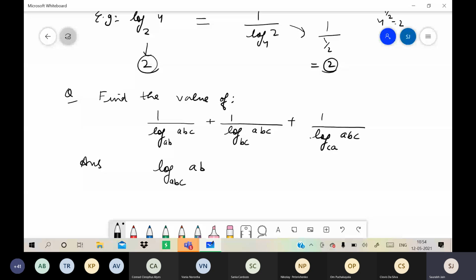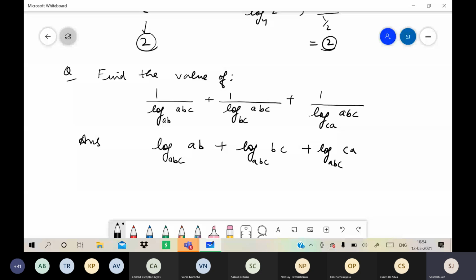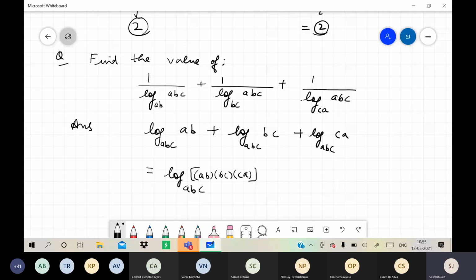So now you get rid of this 1 upon thing, that means the fractional thing. And you have these three logarithms and you are supposed to add them. And what is another important thing? That I can add them. Why? Because the base is the same in all three. And if you remember that general result, if you want to add more than 2 logarithms, you can do so provided the base is the same. And what will happen? All these numbers will come in multiplication. So what is this value now? This value becomes a square b square c square. You can see a is multiplied by itself 2 times, then b and c.